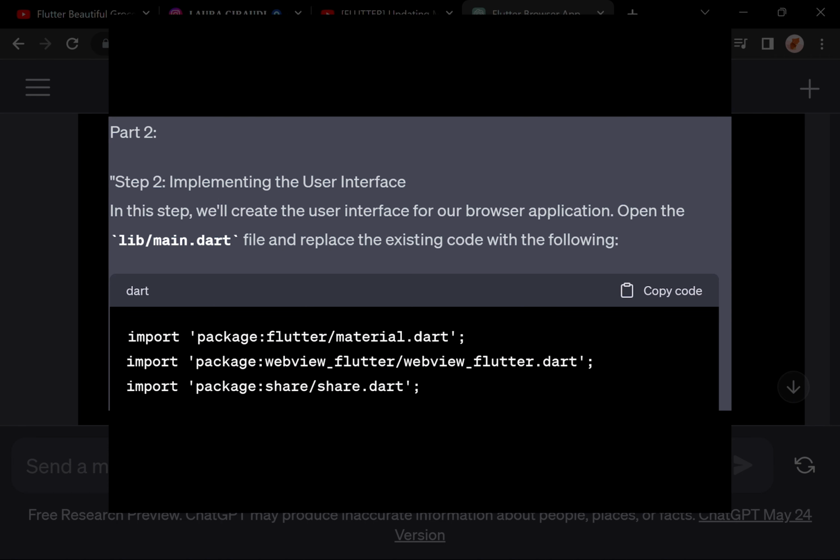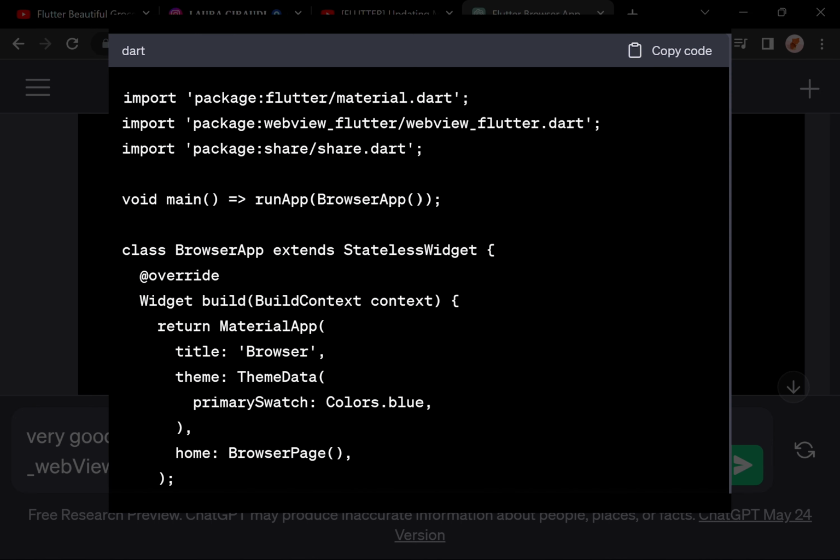Part 2. Step 2. Implementing the user interface. In this step, we'll create the user interface for our browser application. Open the /lib/main.dart file and replace the existing code with the following. Dart. import package:flutter/material.dart; import package:webview_flutter/webview_flutter.dart; import package:share/share.dart; void main() => runApp(BrowserApp());